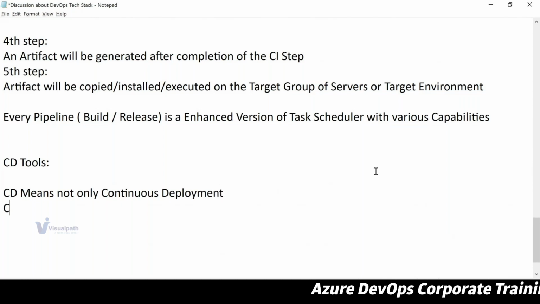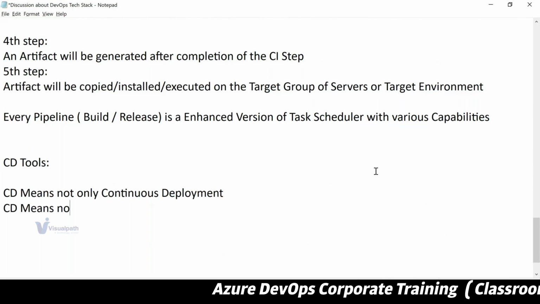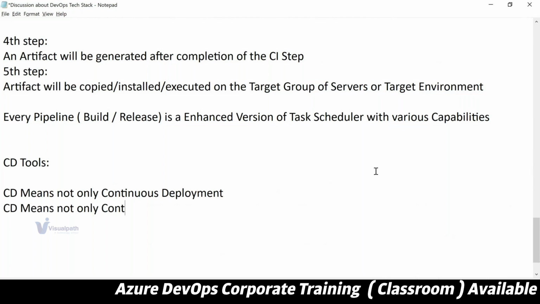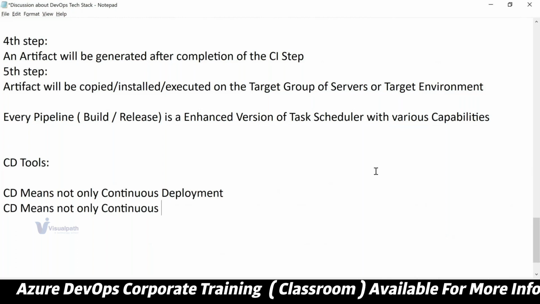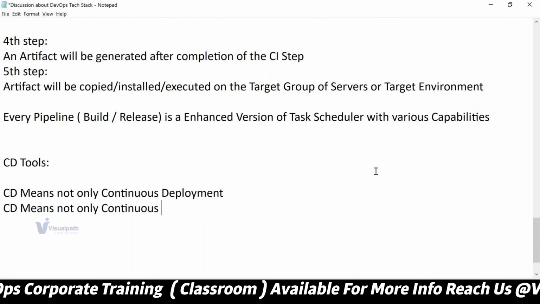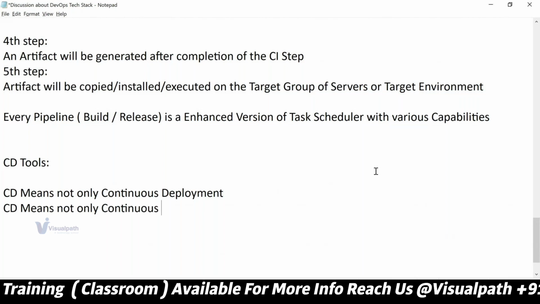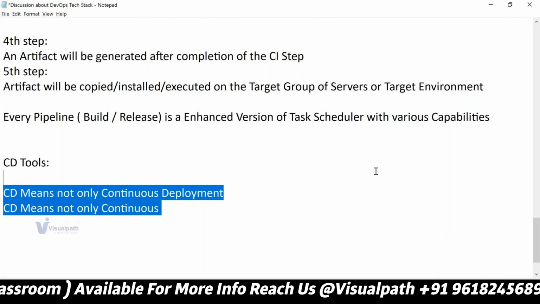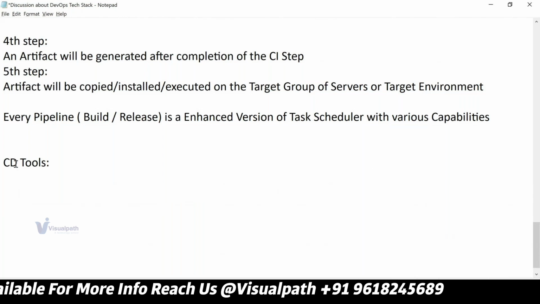CD means not only continuous. Any idea? Simple answer. You don't need to do like this. Basically, CD stands for